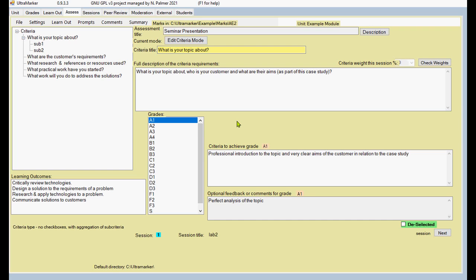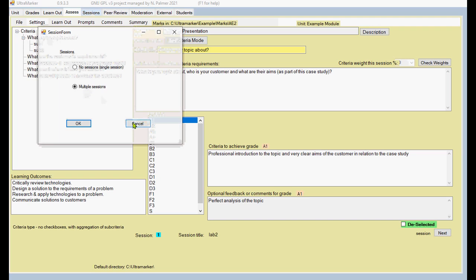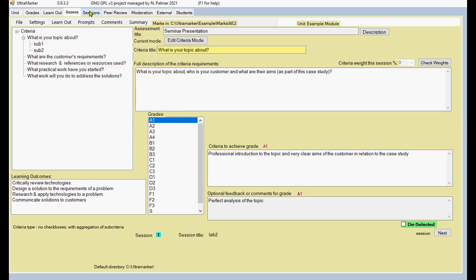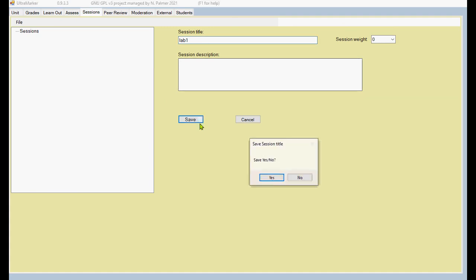Now what I can do is I can use the same assessment criteria but amongst a number of different sessions. And you'll notice that this sessions tab appears when I select set multiple sessions in the settings. When I go to the sessions tab, I can then add sessions. So I'll give it a name like lab 1 and save that,